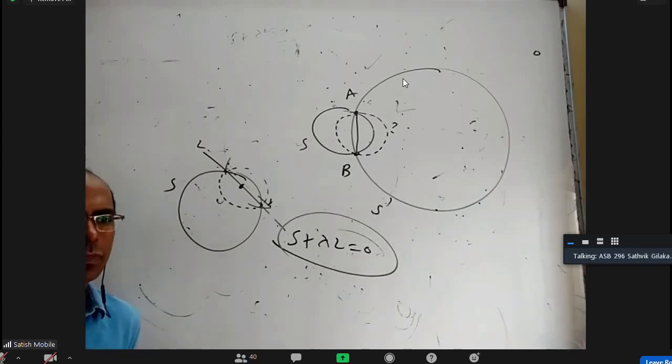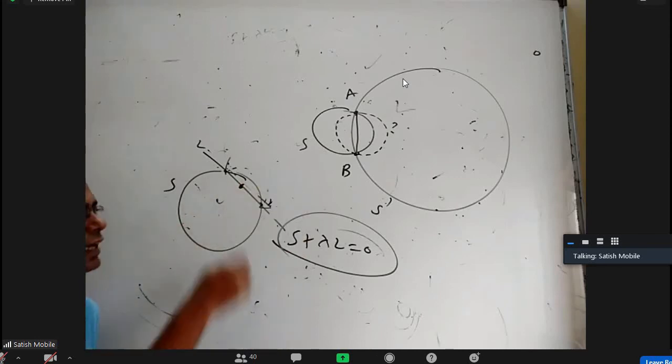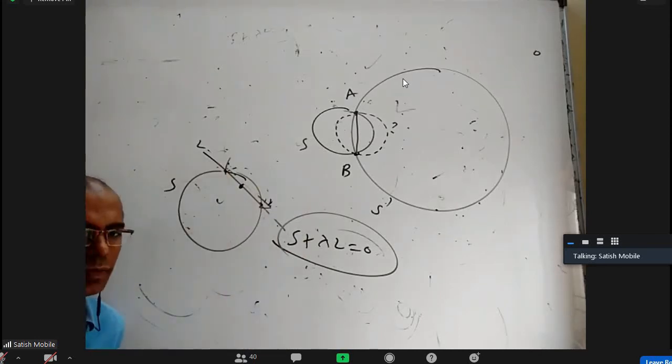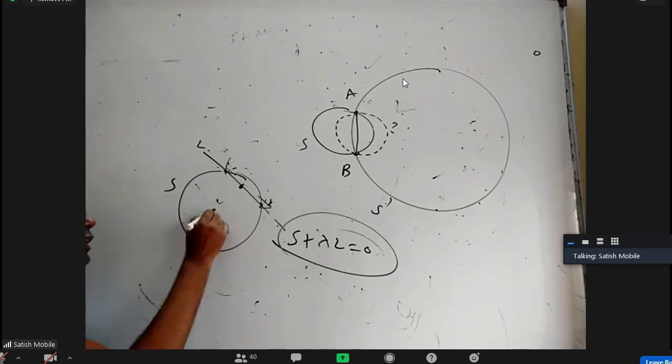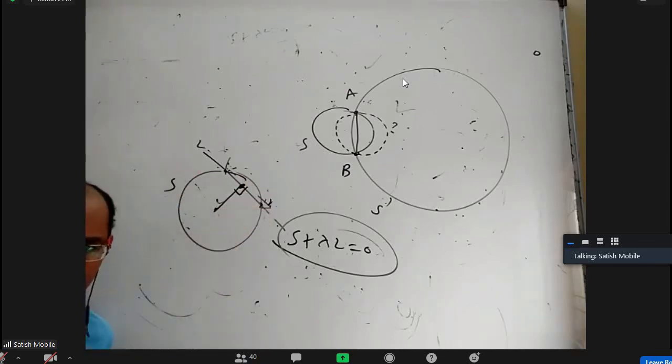Sir, we can directly solve for the points. Yeah, you can solve the line and circle and get these 2 points and then take them as ends of diameter. Any other method? Sir, find the foot of the center on that line. Yeah, you take this center, find the foot of that on the given line. You'll get the center of the required circle.